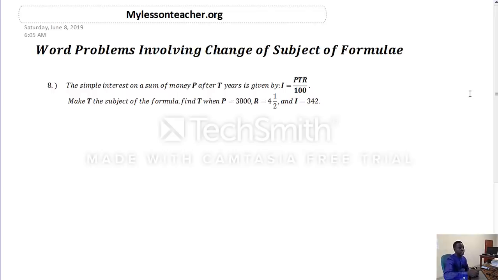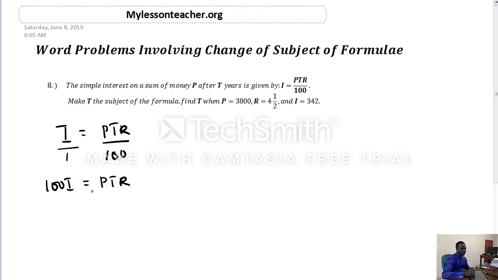Next question says the simple interest on the sum of money P after T years is given by I equals PTR over 100. We should make T the subject of the formula and find T given P, R, and I. So making T the subject, we have I equals PTR over 100. First thing you need to do is to clear the fraction, either by multiplying both sides by 100, or you cross multiply, so that we have 100I is equal to